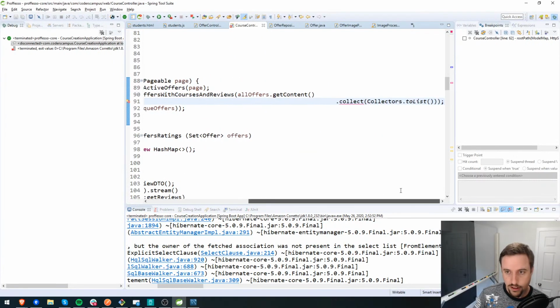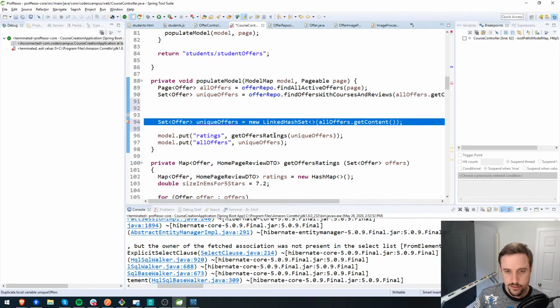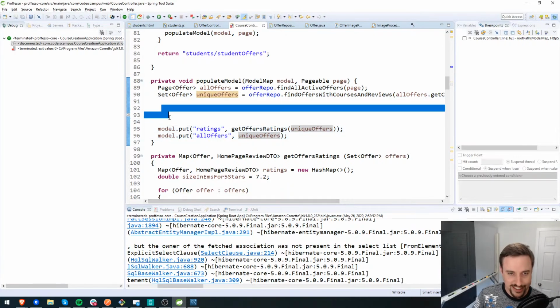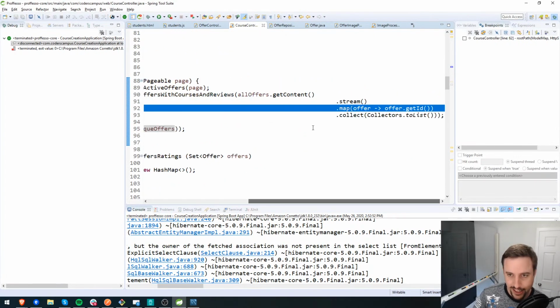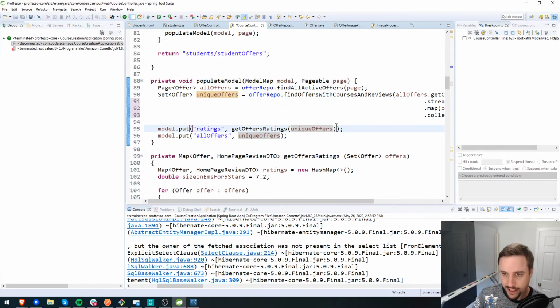How did I? Sorry, I just accidentally deleted a bunch of code there without seeing the fact that I deleted it. Unique offers. Yeah, I deleted some of these blank lines, but they're not blank lines. They actually have code. Let me move that code back a bit. There we go. Okay, ladies and gentlemen,